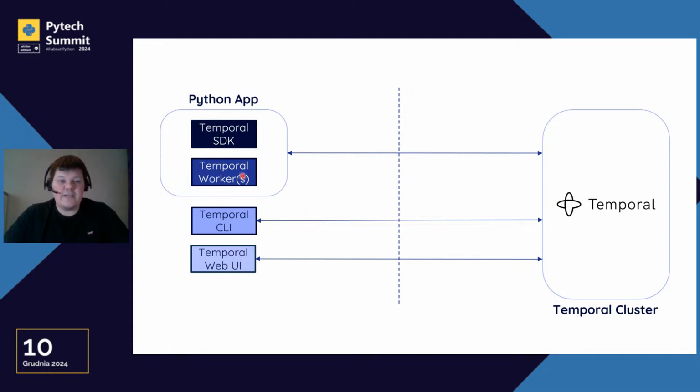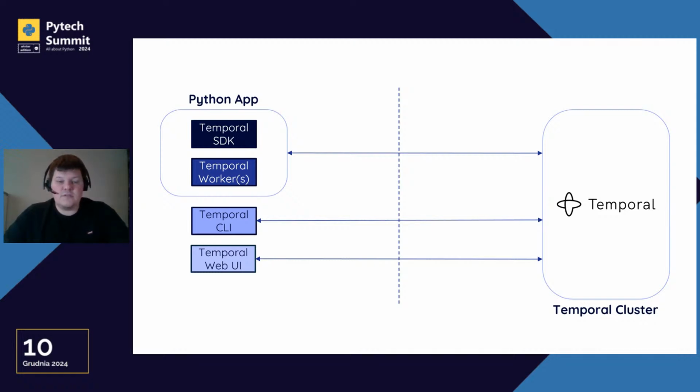And also, surprisingly, we are responsible for Temporal workers. It means Temporal doesn't have access to our code and does not execute our code. It's our worker on our side that executes the code. And good news, we can use Python to write code for our workers. So pure Python here.